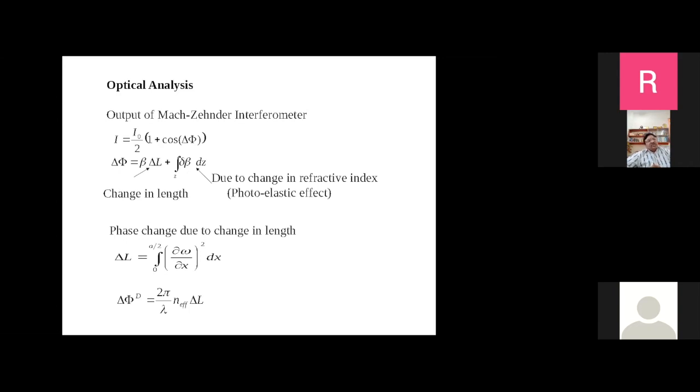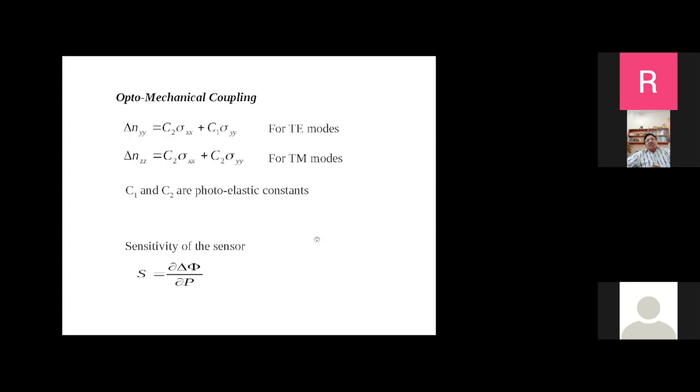Okay. So let us go to another slide. A lot of MATLAB and these charts we have programmed. If someone is interested, they can take from us. I'm highlighting mechanical coupling here. The refractive index change depends on the coefficients C1, C2, C3, C4, which relate the stress fields to refractive index variations. Because stress fields are anisotropic, they are different in different directions, so delta N is also different. In silicon, you have anisotropic properties for optical propagation.